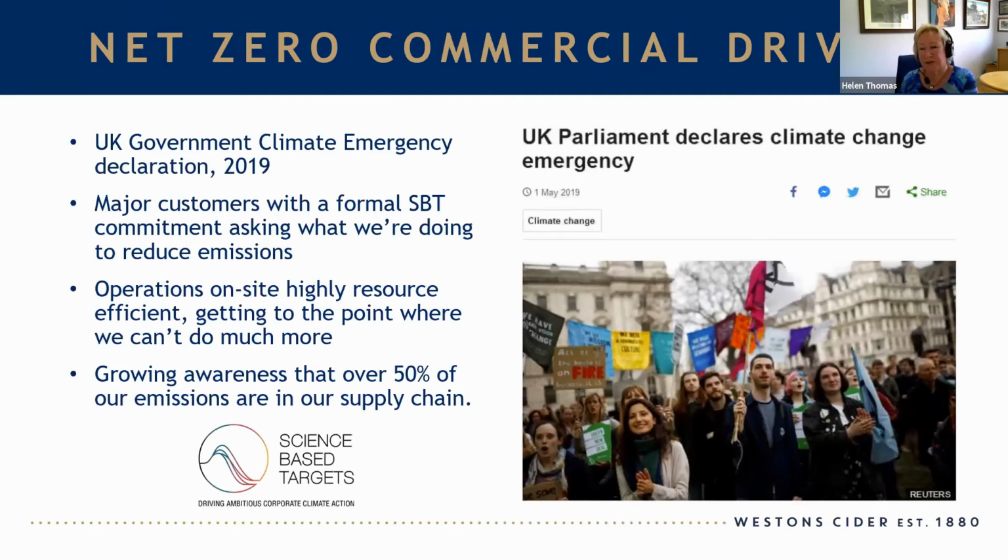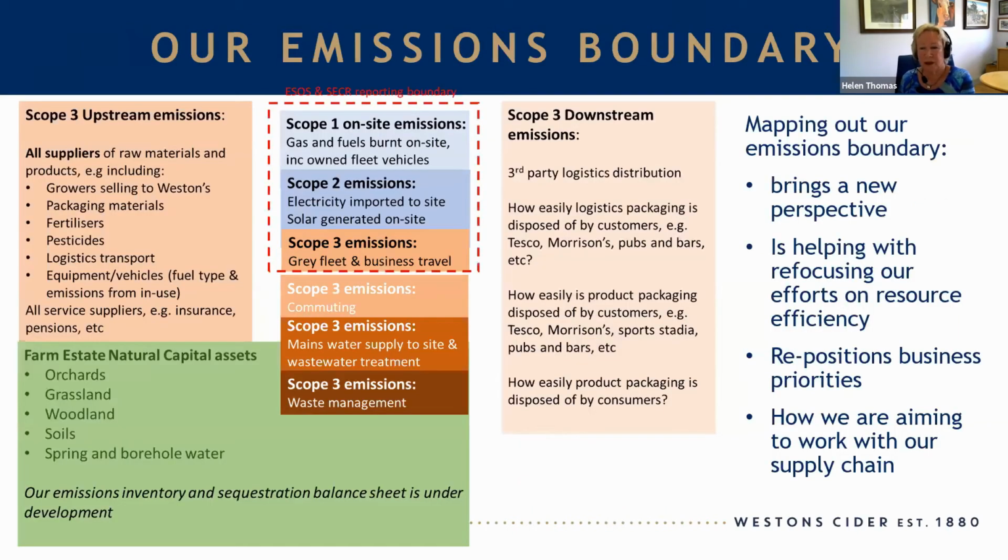Subsequently, net zero has come up on the agenda. It is a huge topic to get on top of, but it's something which we felt that we wanted to achieve, but we needed help to know what to do and how to do it. Next slide, please. We feel we are doing a good job with running a business. We have been doing it for 140 years now, looking at ways to improve and to move the business forward